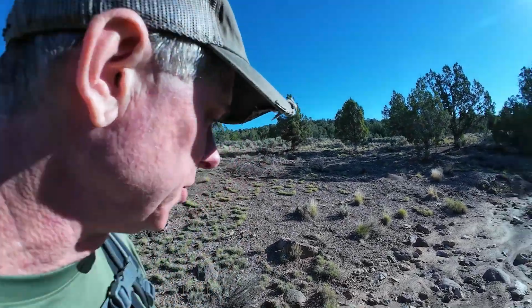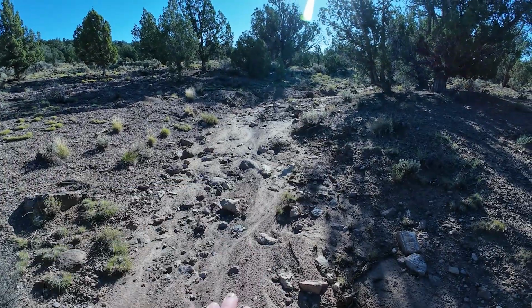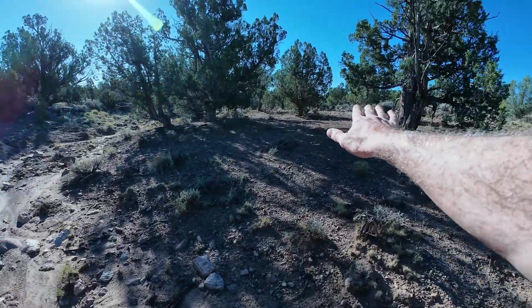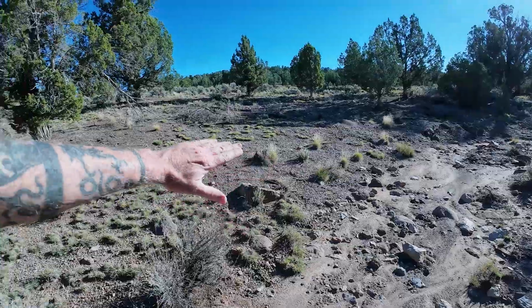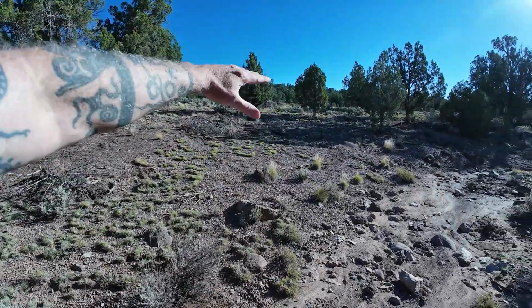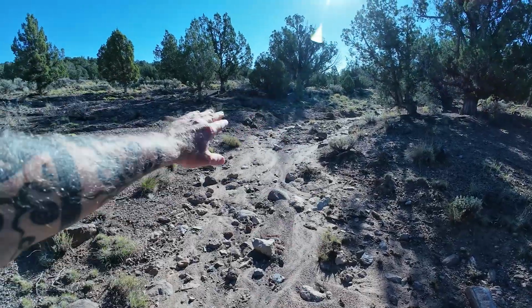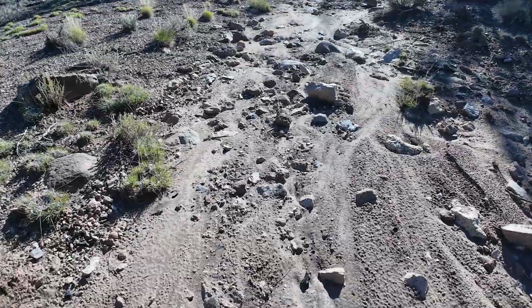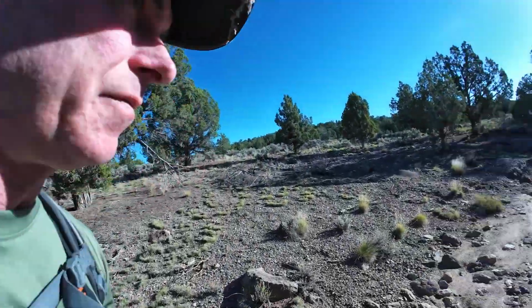Here's a good example of just how deep that debitage probably goes. What I'm looking at in front of me, of course, is a drainage. When it rains, this is where water flows down. So all up over here goes up to the top of the hill, which is covered in the lithic material. Same in this way, it's all up on the top. And then down here, as the water's cut down, as you can see, it's cut down quite a ways. But you can see there's big chunks of obsidian still sticking out. You come over here,